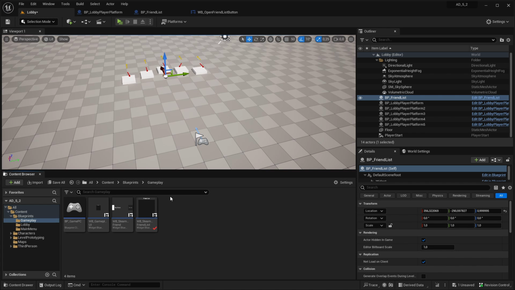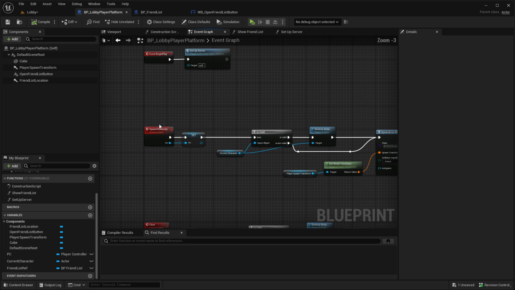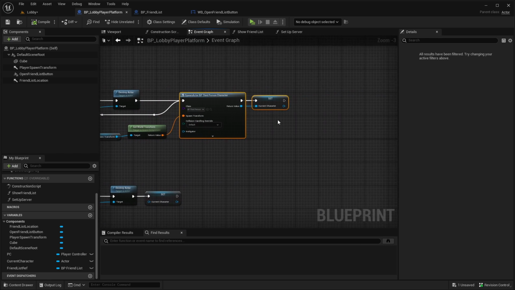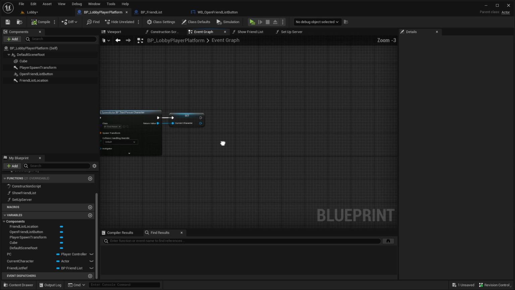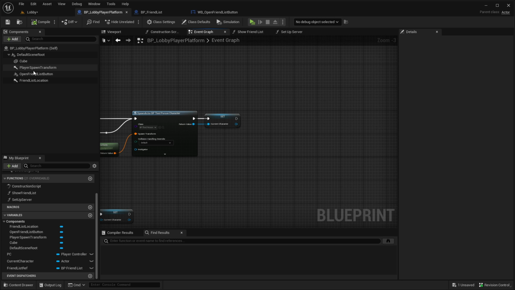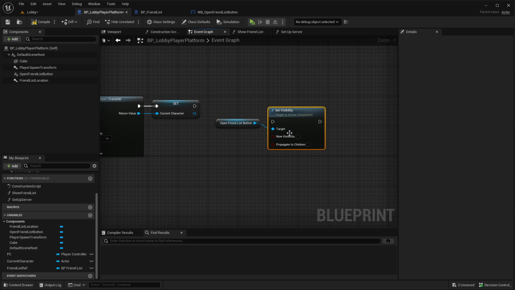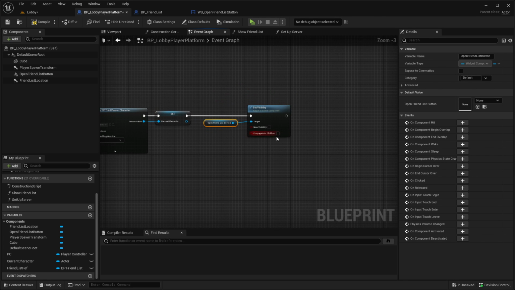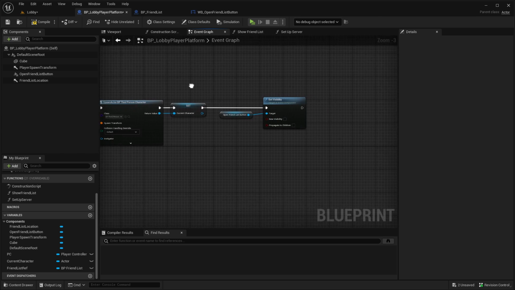So now let's go to the lobby player platform actor, and here going to the event graph, and where the character is spawning. So here, after the character spawned on the platform, first of all, we want to hide the open friend list button. So we set here the visibility directly to false. And the other thing we want to do is check if the friend list is currently located at this